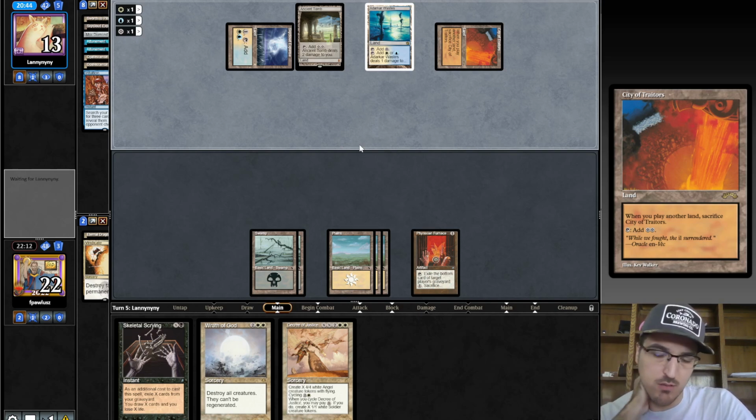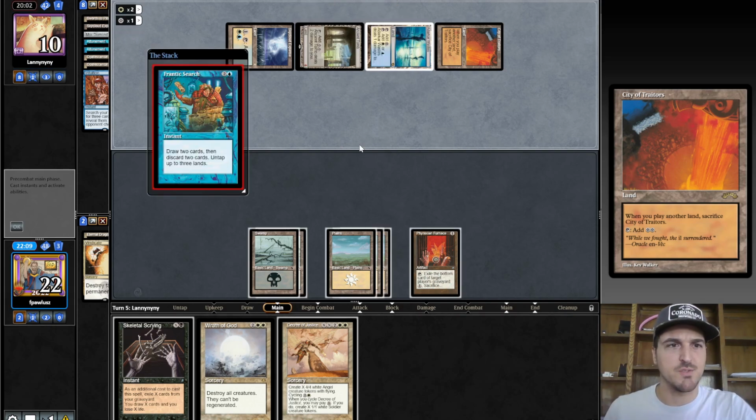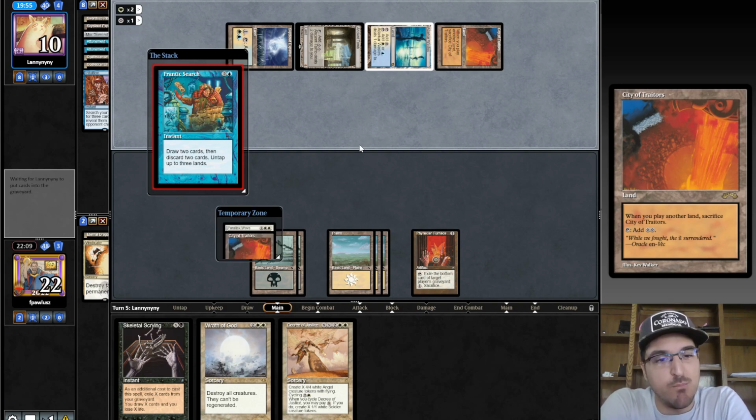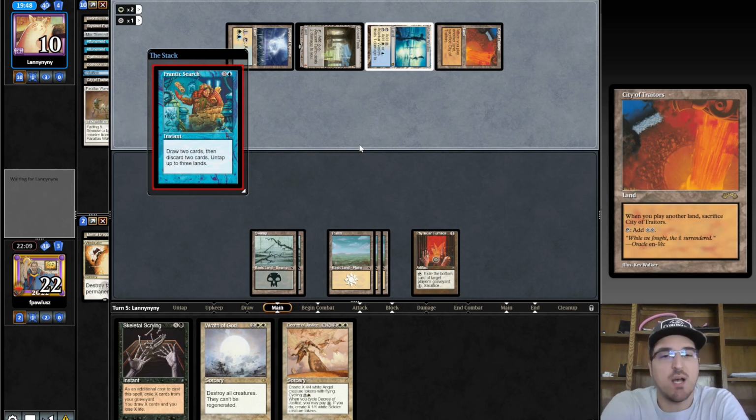We can't beat that. I meant Tide, sorry. Frantic Search. That's bad for me. He just made a lot of white mana, beating Parallax Wave and City of Traders. So as is, I can just crack Furnace. If he replenishes right now, I can just crack Furnace and then pop the wave, and then I just Opalescence, and I effectively counter his...